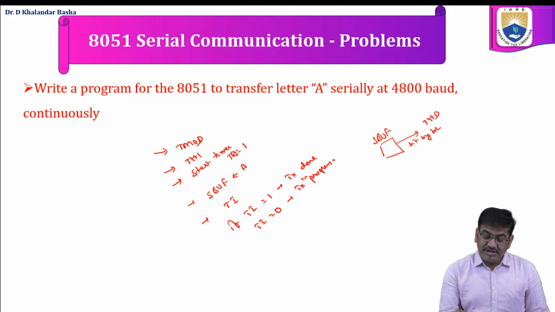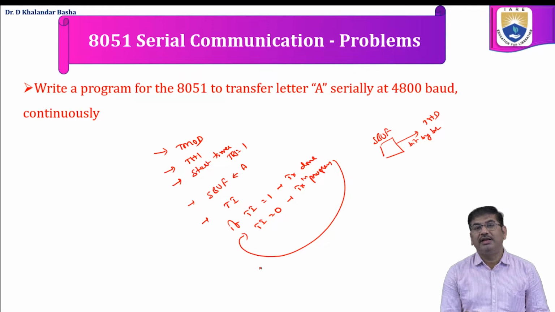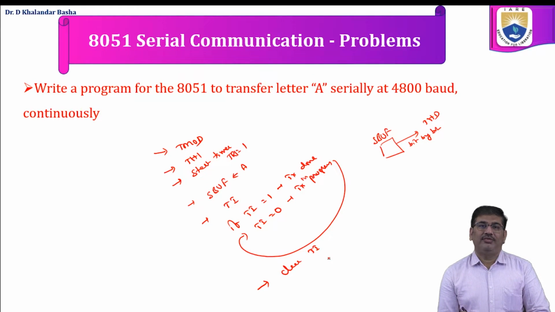So when transmission is in progress, read the TI bit again until the transmit interrupt is equal to 1. Once the transmit interrupt is 1, then clear the transmit interrupt. For further action, if you want continuous execution, go for a jump instruction, otherwise we can terminate the program. So as per the problem statement, we want to transmit the letter A serially at a baud rate of 4800